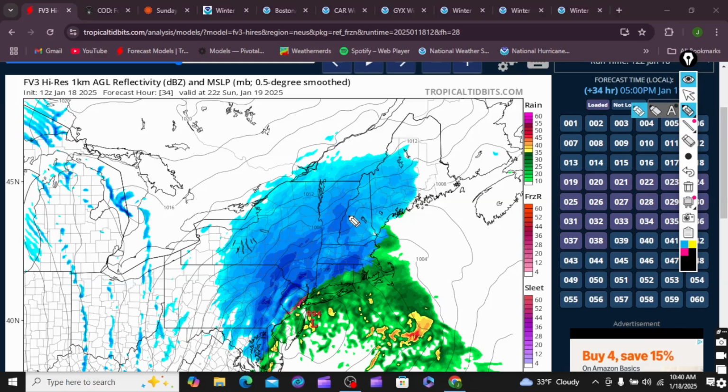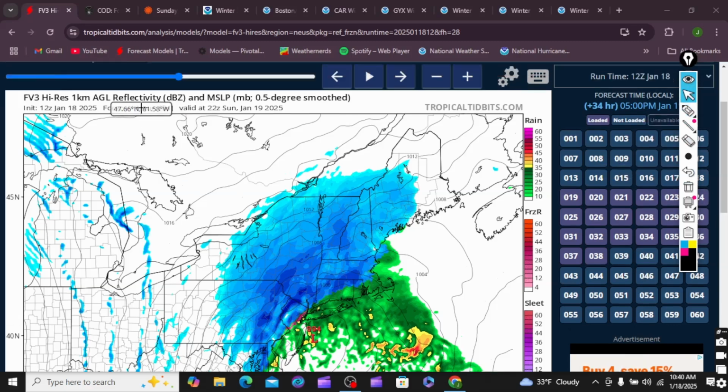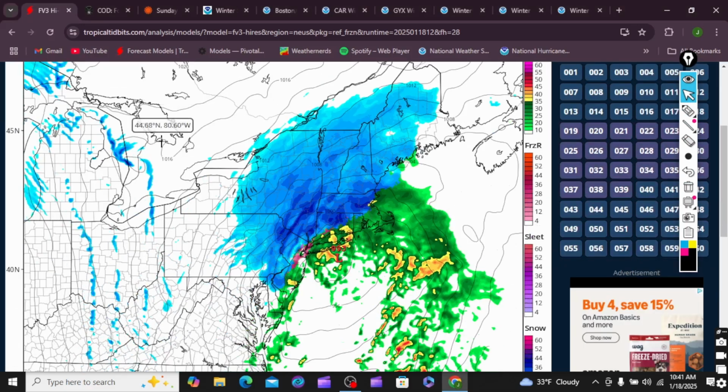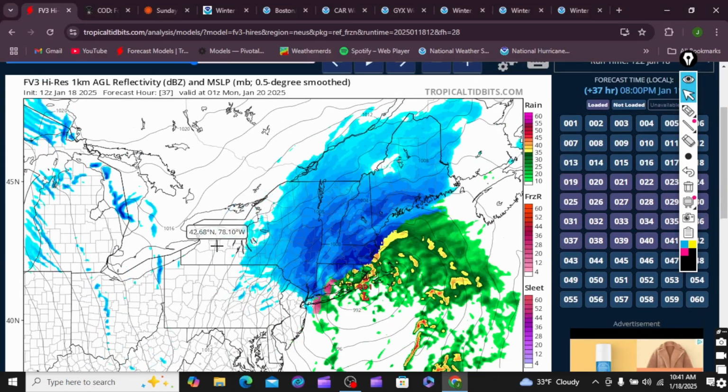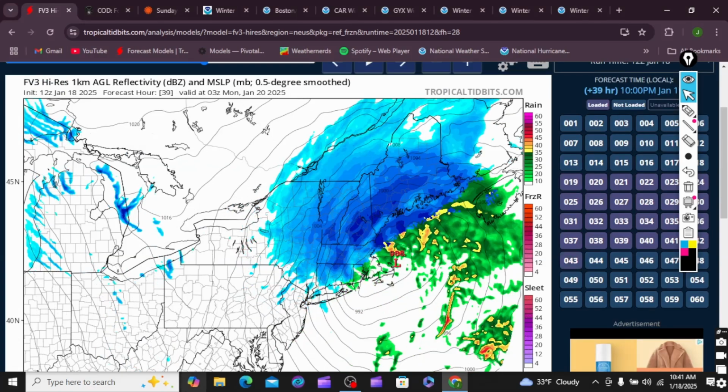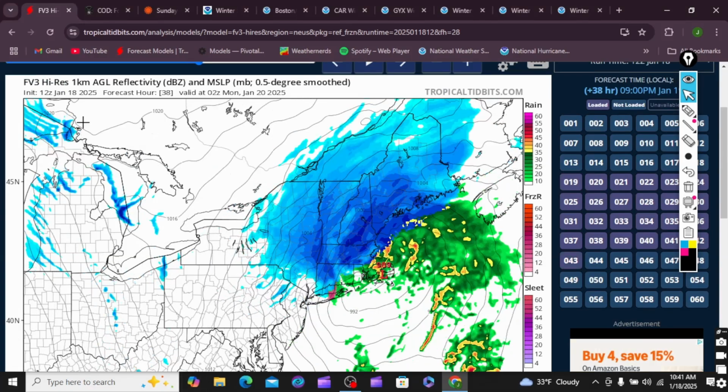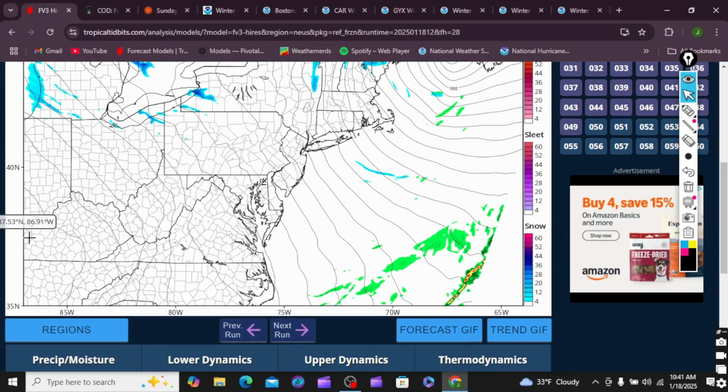And you can really tell because you got a 994 low. And you see some of these bands right here. These persistent, like, heavy bands across these areas. These could be dropping 2 to 3 inches an hour. And with the blowing snow. Okay. That's what I've been seeing on these latest forecast models is 6 o'clock, 7 o'clock, 8 o'clock. It's out by like 8 o'clock for most regions. Just some snow showers left. And then this is into the New England areas. And this continues to bomb out. Okay.